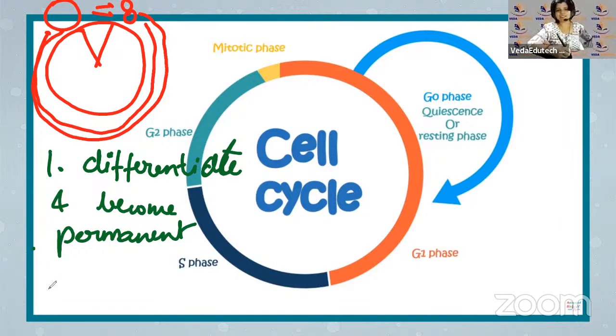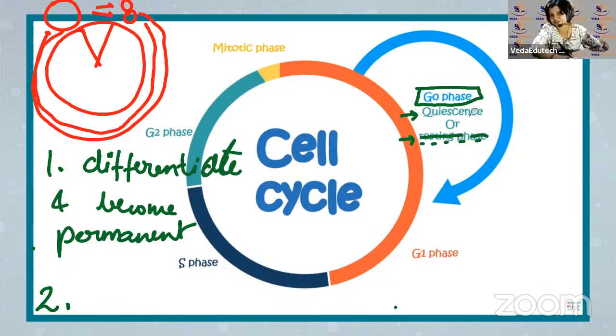This is one option. But what if the cell is like, no, I don't want to become a permanent cell. I want to divide, but not right now. I want to act as reserve material. So if a permanent cell is damaged, then to replace that cell, I am available. If I am needed, then only I will pick up my cloak and play the role of the superhero, and save this human, right? When a cell does this, we say that the cell has entered a G0 phase, or we call it quiescence stage or resting phase. This entire interphase is also called resting phase. So yes, it can enter a G0 phase.